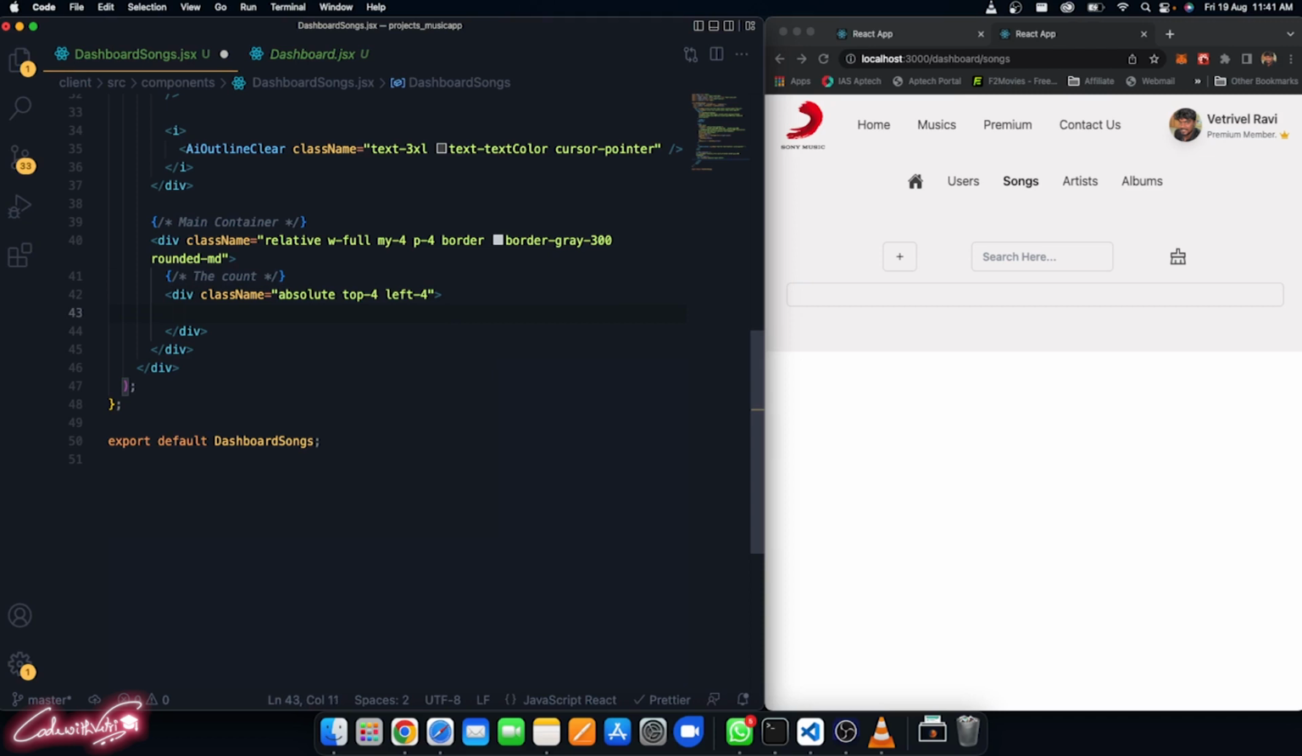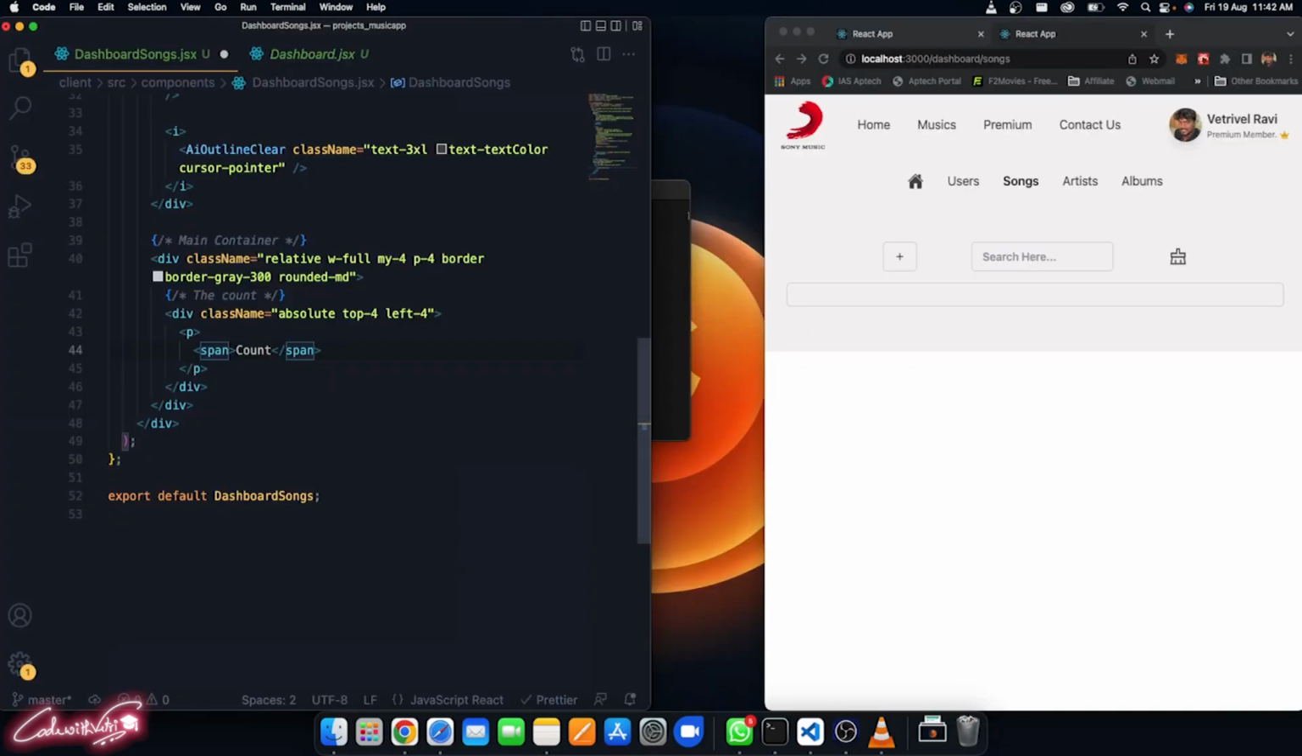All right, so inside this, now what we have to do is inside here I'm going to create a paragraph tag. Okay, and inside that paragraph tag I'm going to have a span tag. All right, I'm going to have a span tag, and here I'm just going to display the count. And right after that,